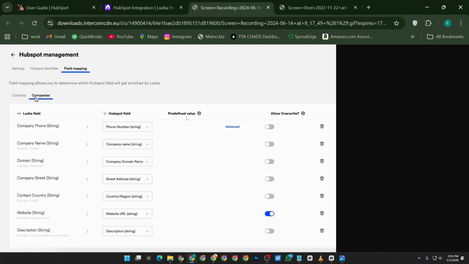Once everything is set, you can push your data from Lusha directly into HubSpot. This makes it easy to keep your CRM updated without manual entry, saving you time and avoiding errors. And that's how you push data from